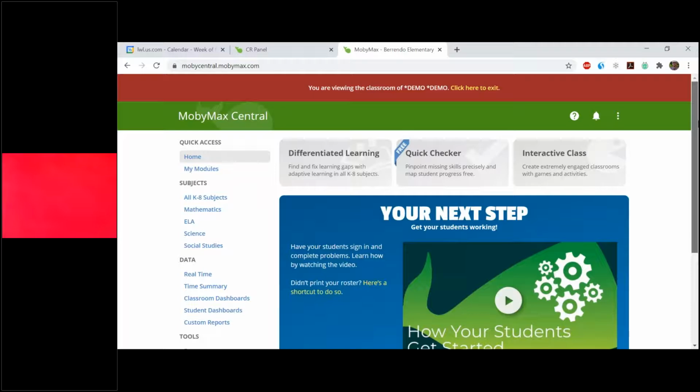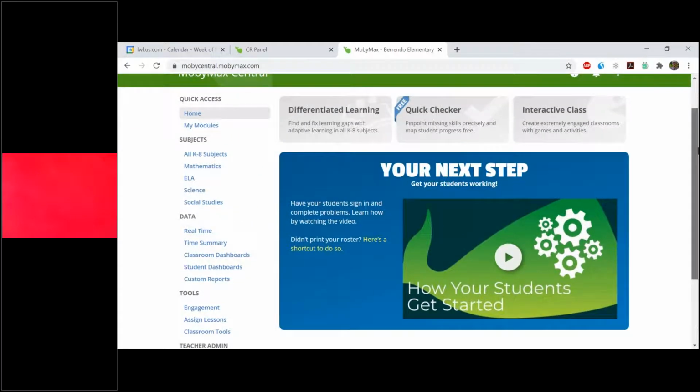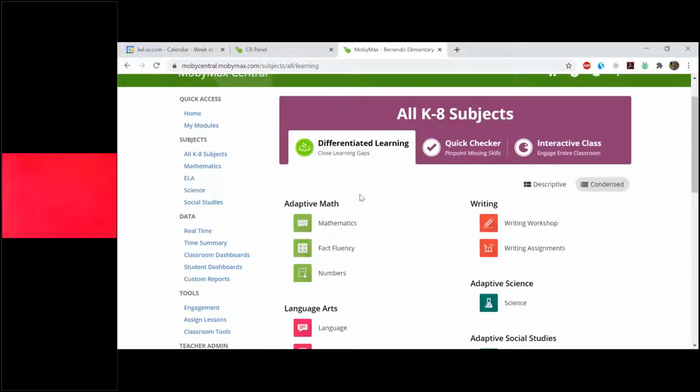Typically, when I'm doing a MobyMax 101 and I talk about how MobyMax works and give you the DNA of the program, I'll usually start with this differentiated learning. We're not going to talk too much about that today. We're going to talk about Quick Checker, which I feel like I've said 15 times. It's like I'm trying to convince myself. You guys already get it. But anyway,